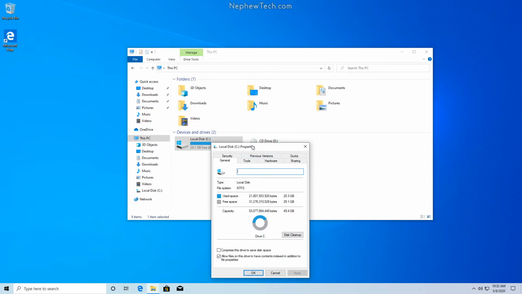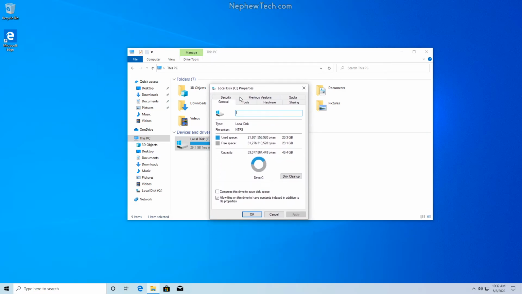We should now have a new window pop up, and we can see here the used space, the free space, and the capacity. And here are those relative numbers at 20 gigs, 29 gigs, and a total capacity of 49. And a nice little pie chart to show you how much space is used. This is a way to very quickly see how much storage space you are currently using, how much you have free, and how much you have